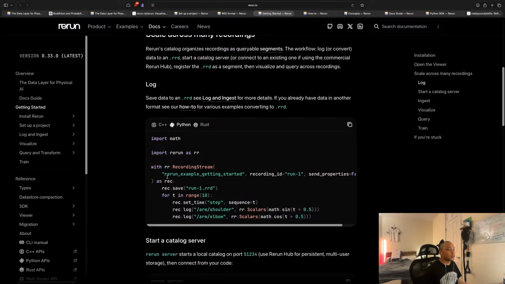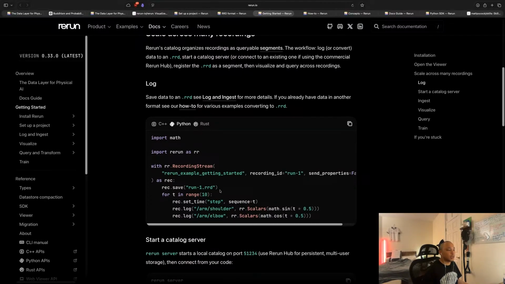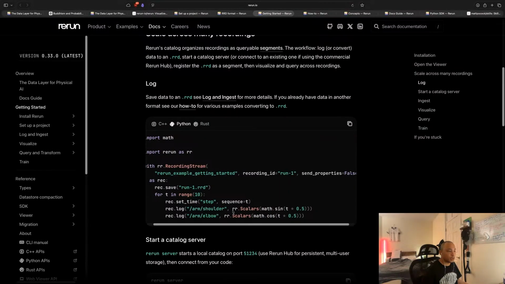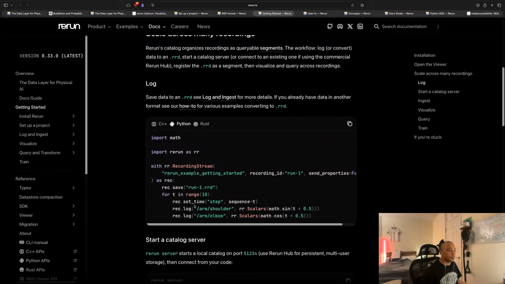And then you save it or initialize it as the .rrd file. And then you start to write into the .rrd file, which is for t in range of step t, rec.set time equals step equals sequence equals t. Rec.load arm shoulder.